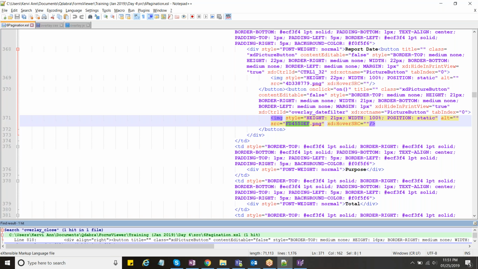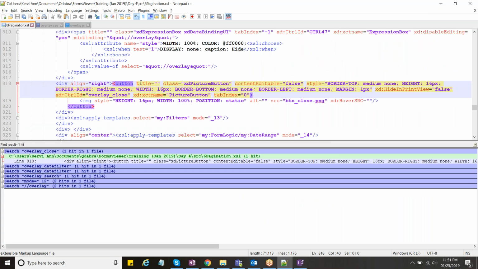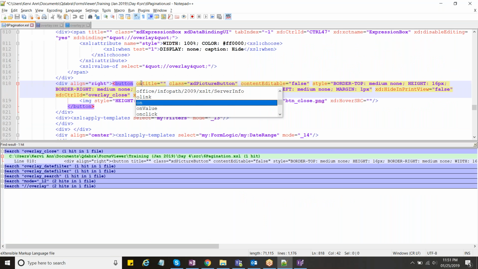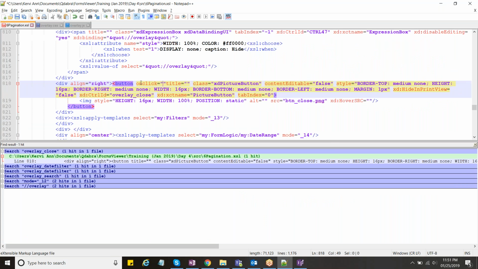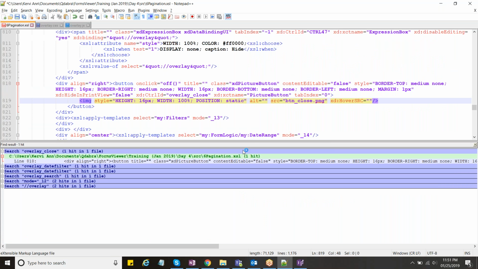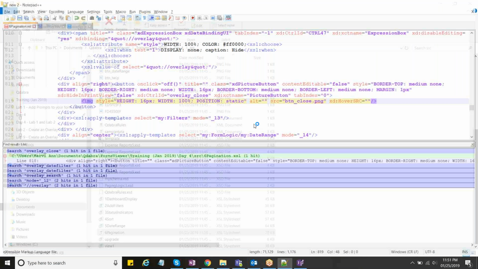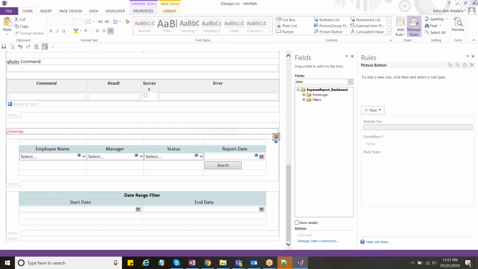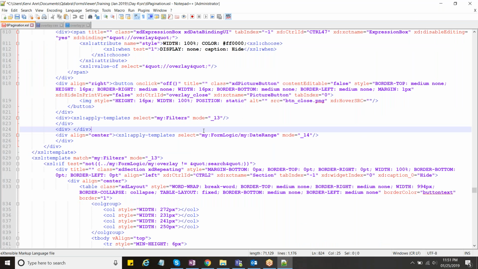Okay, so here's the button, and let's add the on-click off parameter and then save that again. Before saving, we will need to close this form first. Okay, so once that's saved, let's open again the